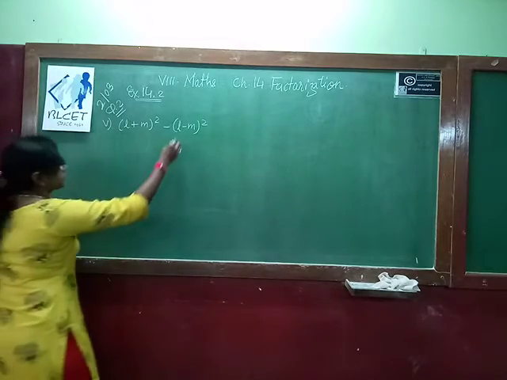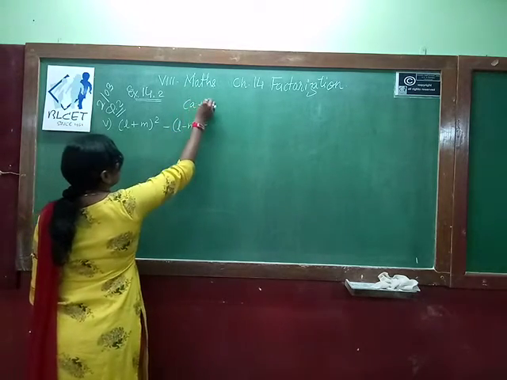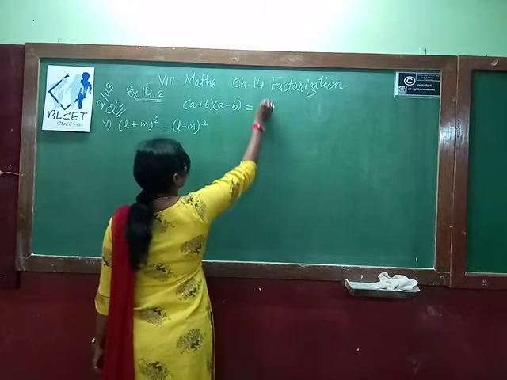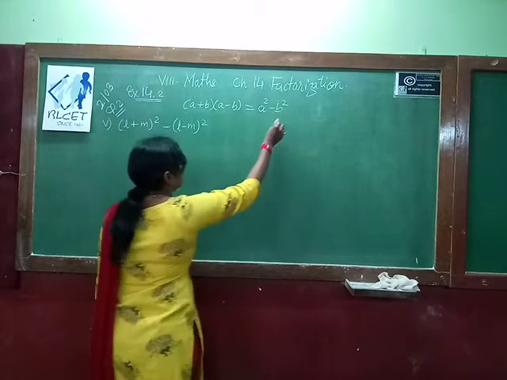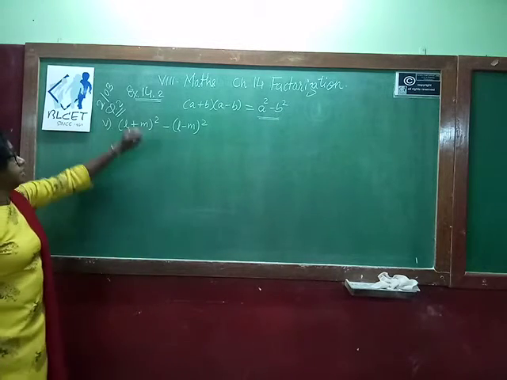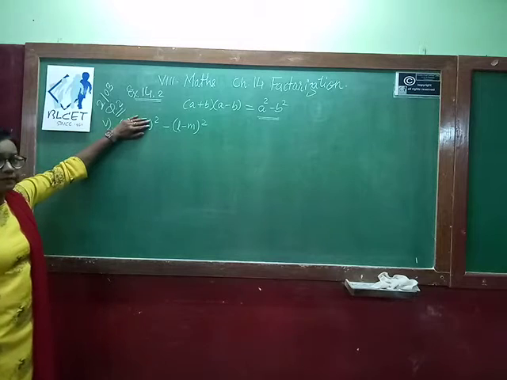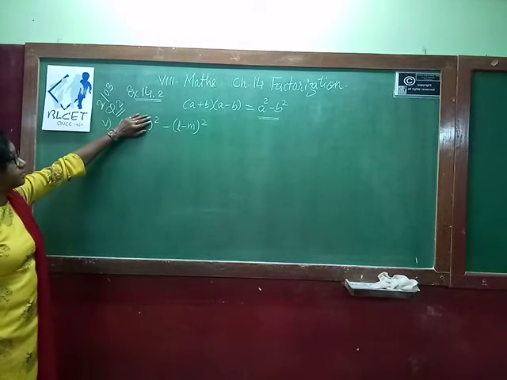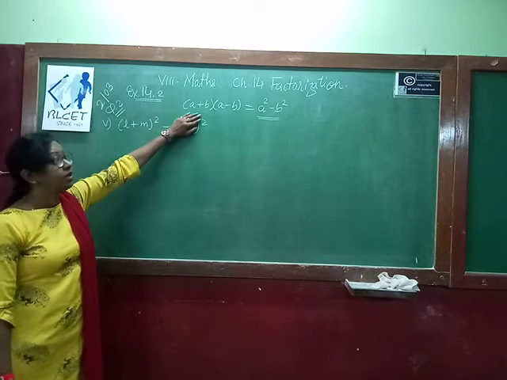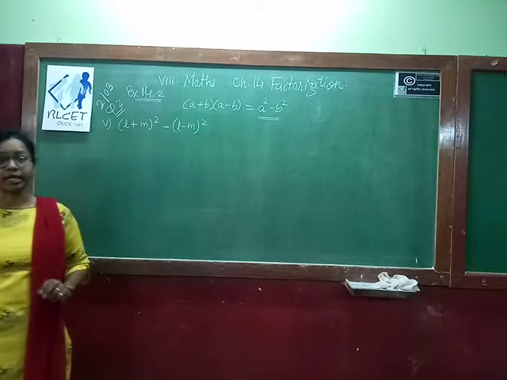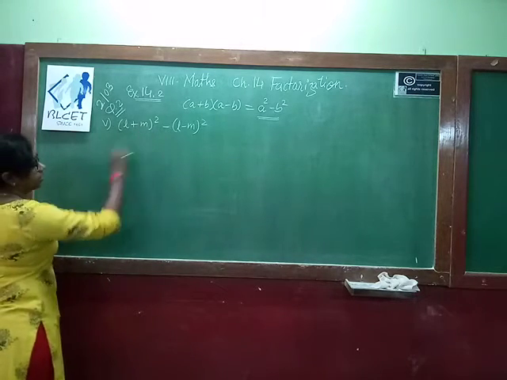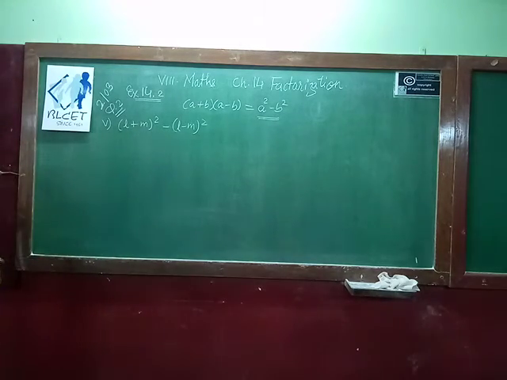So we have to use the third identity, that is (a plus b)(a minus b) is equal to a square minus b square. The question is given in the form of a square minus b square, means this whole term, this (l plus m) whole square becomes your a square, and (l minus m) whole square becomes your b square. So one time positive, one time negative we have to write. But anyhow we have to convert the whole terms in the form of a square minus b square.